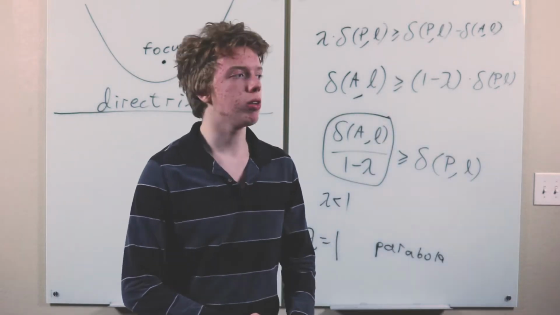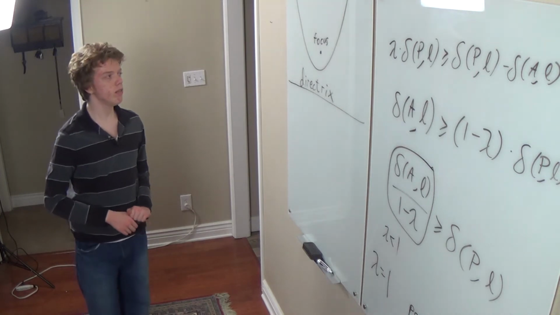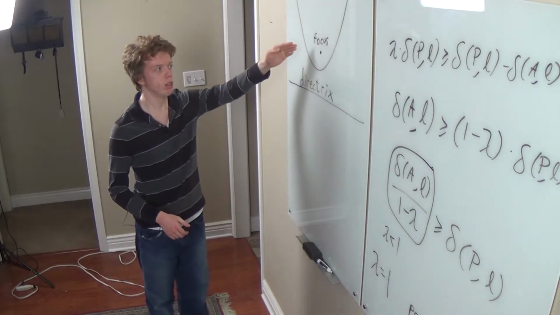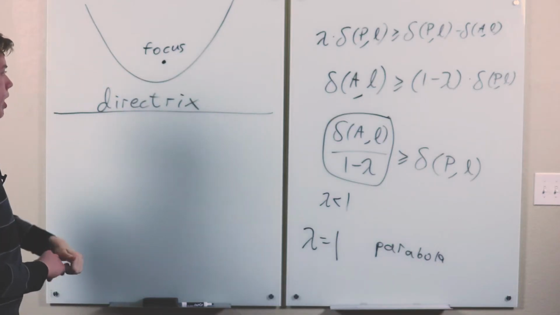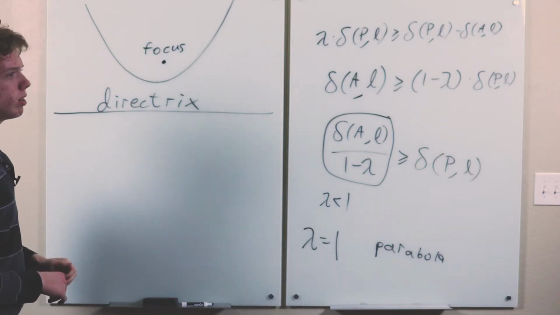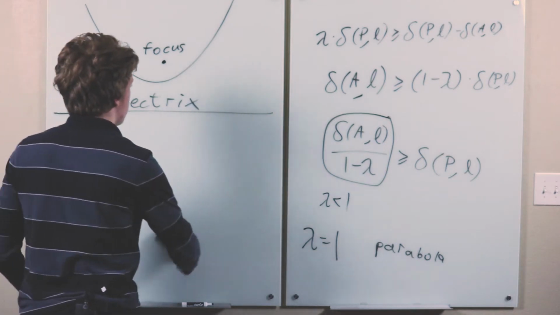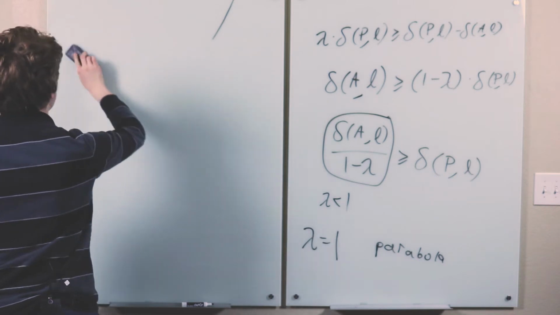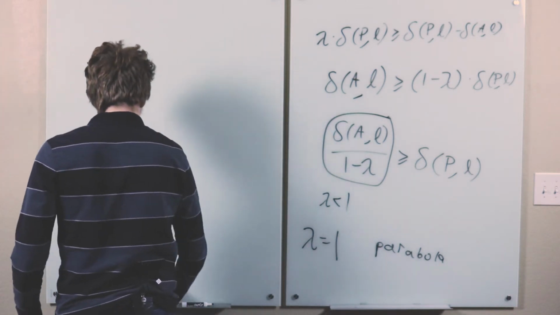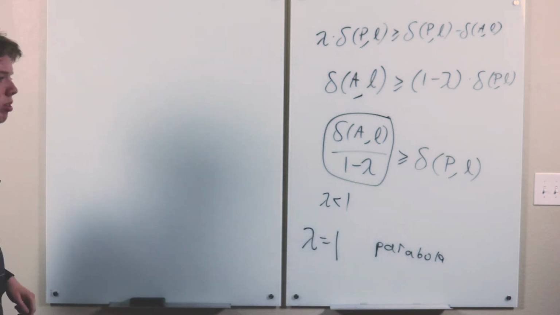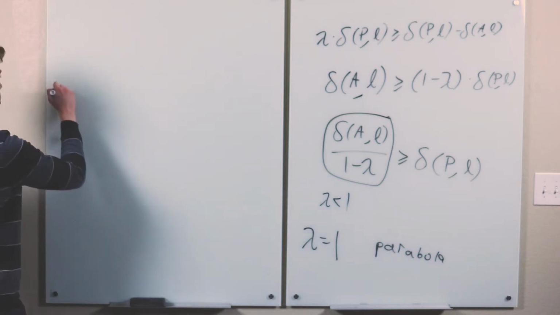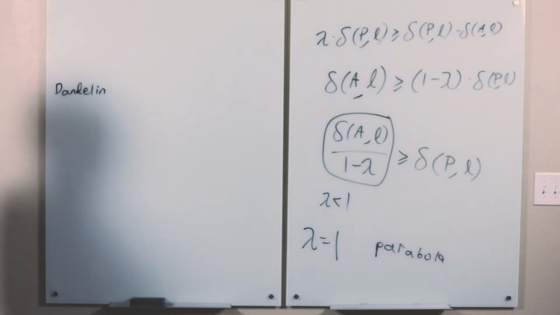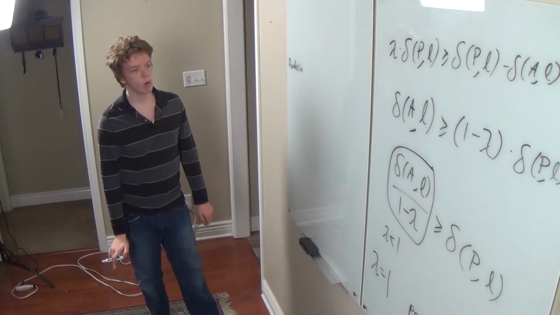So let's keep talking about conic sections. In our last video, we mentioned this parabola that has the point as its focus and the line as its directrix. But the other conic sections have interesting geometrical properties too. And some of these properties were discovered by the French mathematician, I believe he was French, Dandelin, in, I think, the 19th century. But before I get into that,